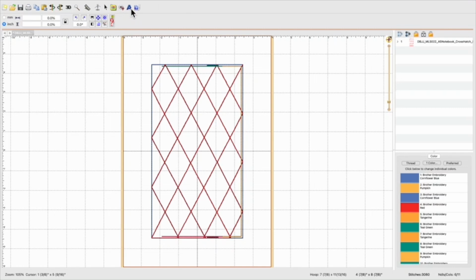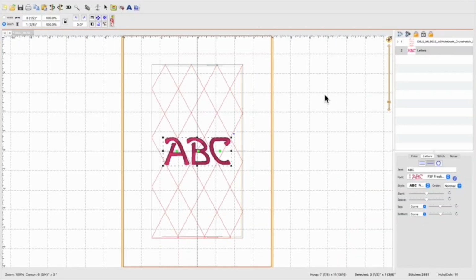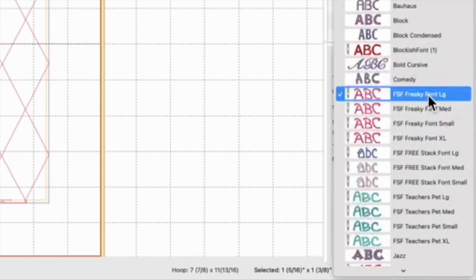So I'm going to come up to the text icon and select that. In Embrilliance Essentials, when you select the text icon, it automatically puts ABC in the middle of your page. And again, if you come over to the right hand panel, you'll see here under letters, it's got ABC. So if I just change that to A and hit enter on my keyboard,